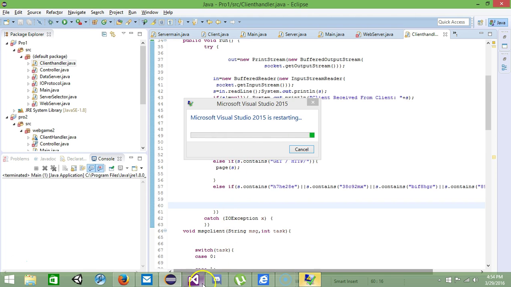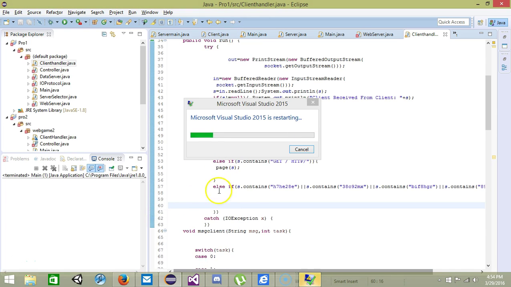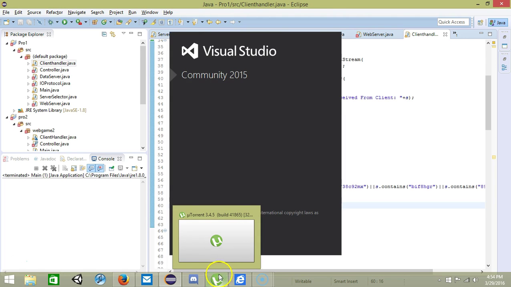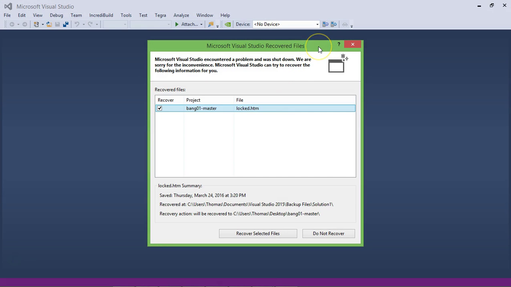So once you hit the login button, it'll go back in from the HTML script. There's a login button. As soon as you click it, it activates an action, and that goes to the JavaScript code and goes to a function called like login whatever, and then that will prepare and send an XML message to the client handler, and the client handler will get that message and it'll say like login 01, username whatever you typed in, and then your password whatever you typed in, and then